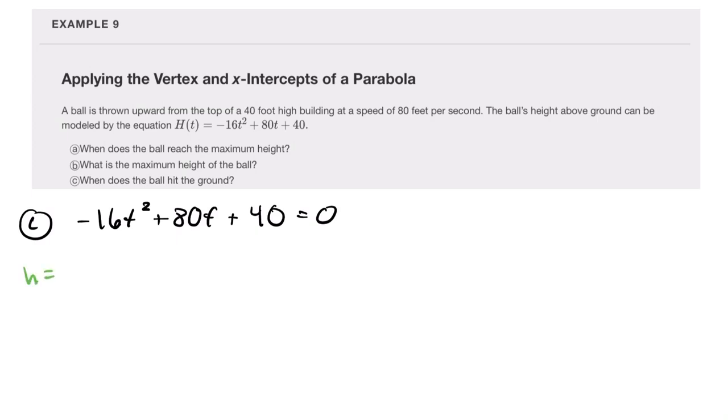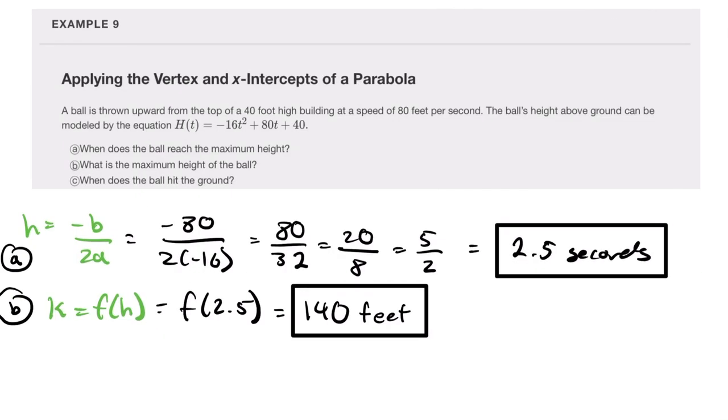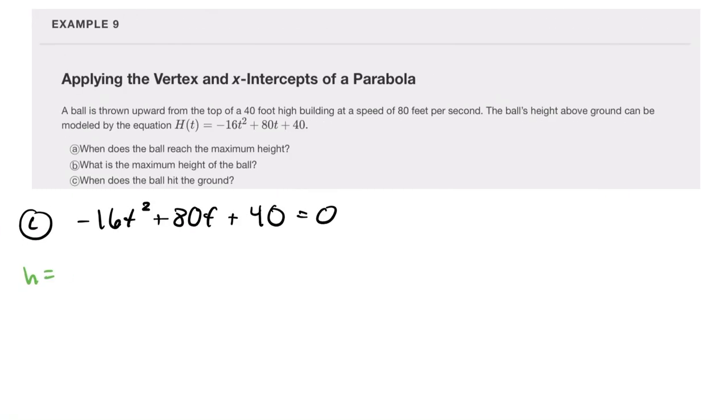So our h is going to be, did we find this already? We found all this, right? So we have our h and our k. So 2.5 and 140. So we can actually use that. Our h was 2.5, our k was 140, and our a is negative 16. Okay. So in standard form,